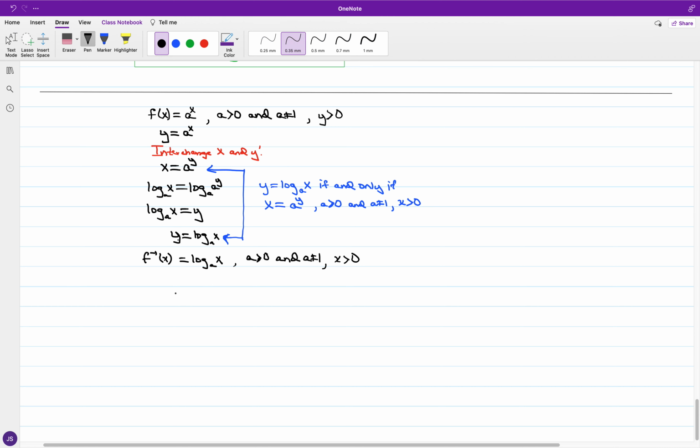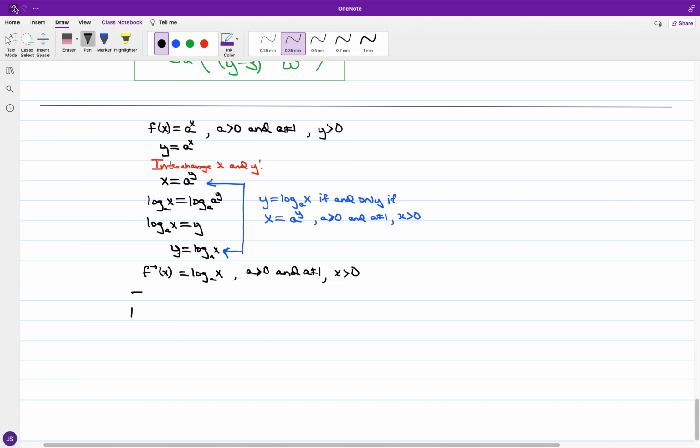And if I were to express each item in terms of its exponential or logarithmic equivalent,